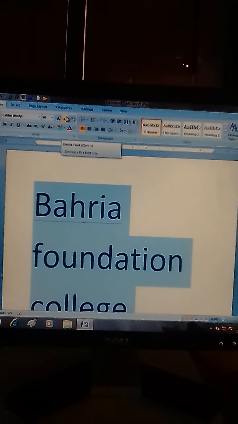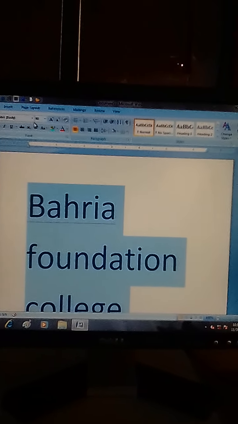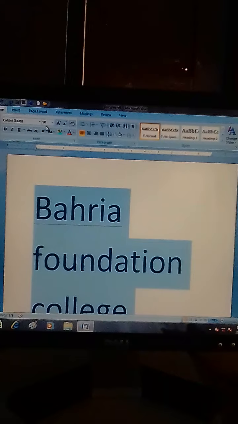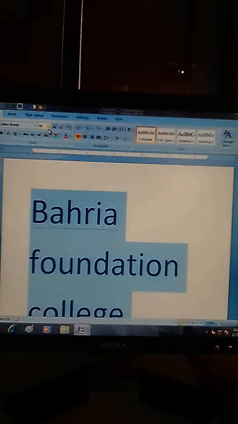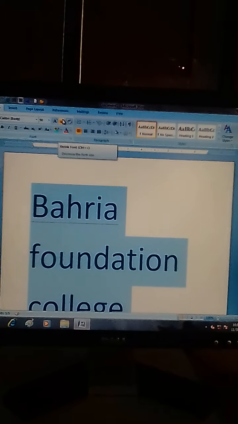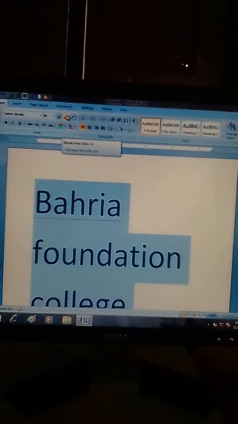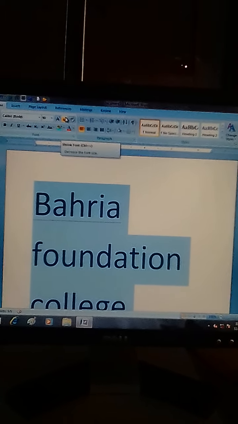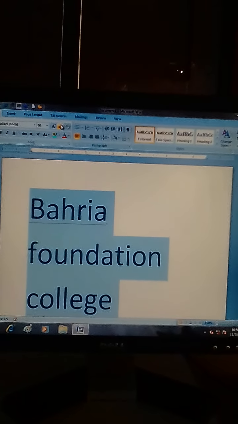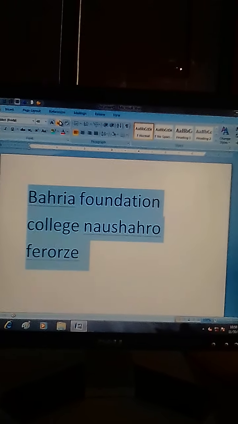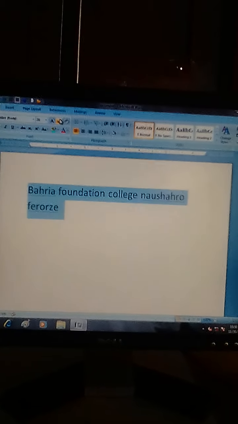You see that here the size of fonts is already fixed as 90. When we click on the shrink font, the size of the letters will be decreased. Okay dear students, now we are clicking on shrink font.